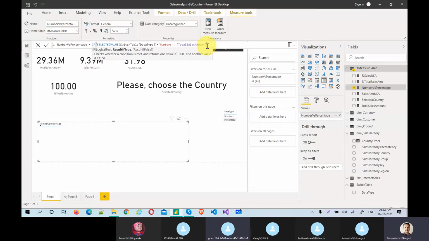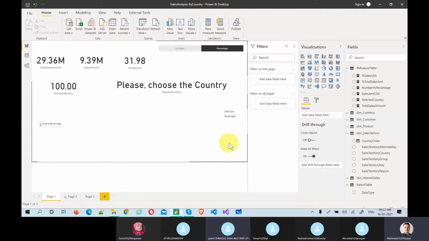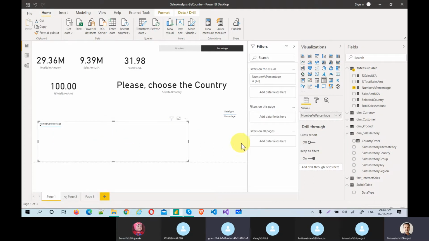Let's try that. Let's select it. Let's take a slicer then, a slicer of the country. But that's okay. Ideally, it should come if it's correct. Yeah, good catch. Yes, selected value works with slicers. Let's take the country one.